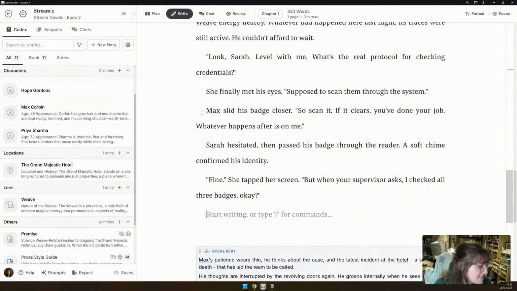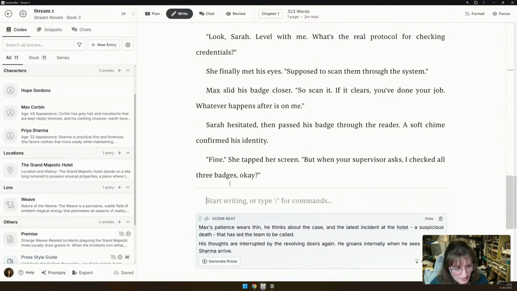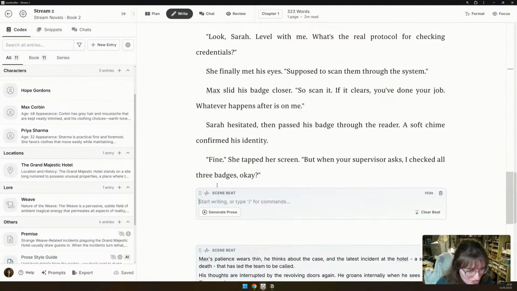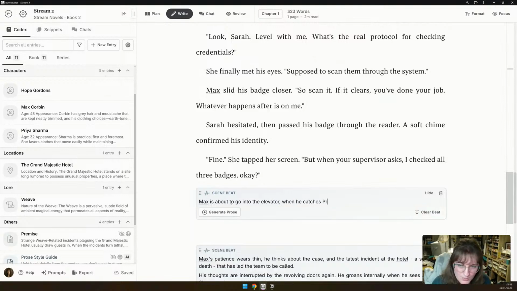Okay, so obviously this little bit doesn't fit with what we're doing next, but I quite like it. So I'm actually going to change what I'm writing because I've got a new idea that I like more. Max is about to go into the, I guess I'll go elevator because it's American, elevator, when he catches Priya entering the hotel.